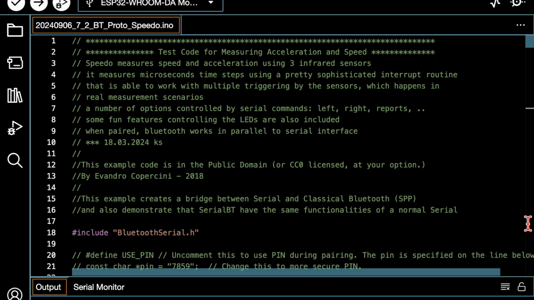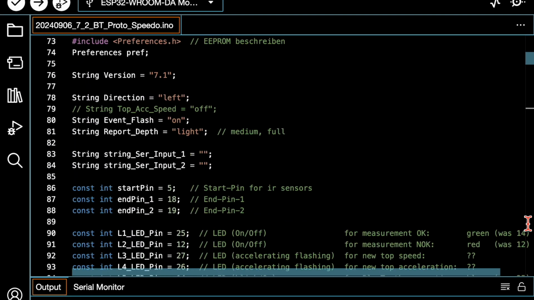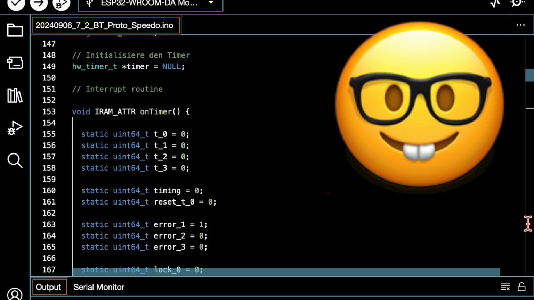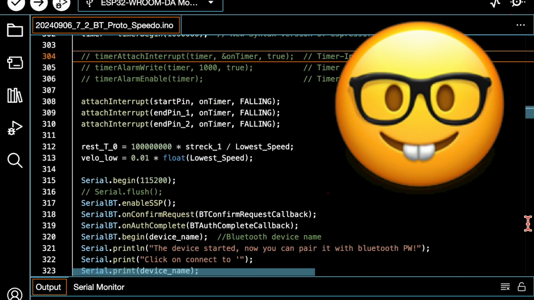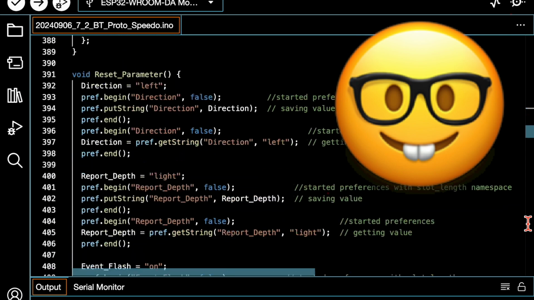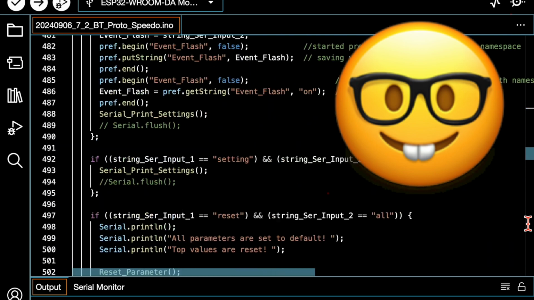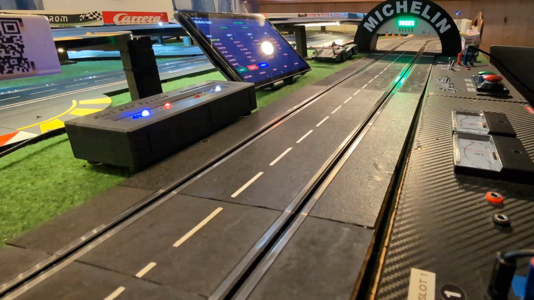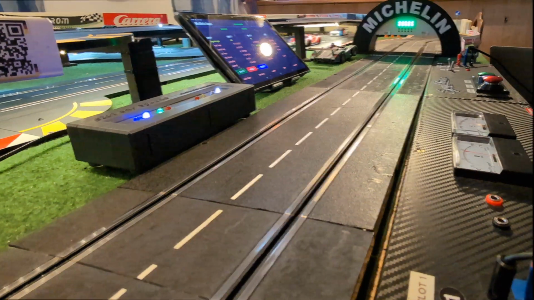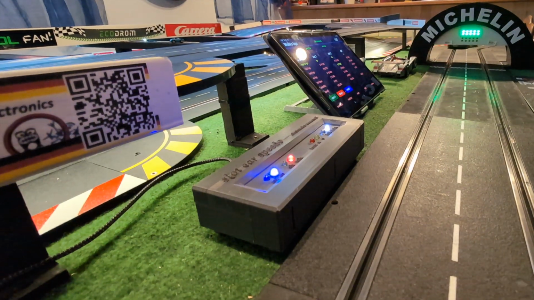Concerning my code, I'm now back to where I was months ago. But the good news is I can continue improving it. I need to rework all my other ESP32 codes, and before publishing I have to test them again and again. When I'm sure it's working, I will upload the new code version 8.x to GitHub.